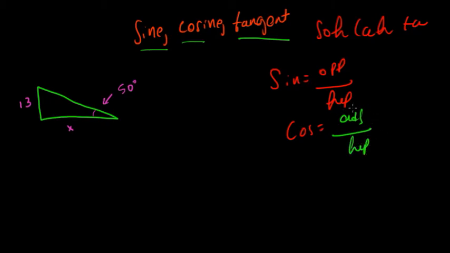SOHCAHTOA. What does this TOA here actually stand for? It stands for the opposite divided by the adjacent. So tan is equal to the opposite divided by the adjacent. Okay? Well, now that we have our trig ratios down, let's go ahead and see which one applies to this